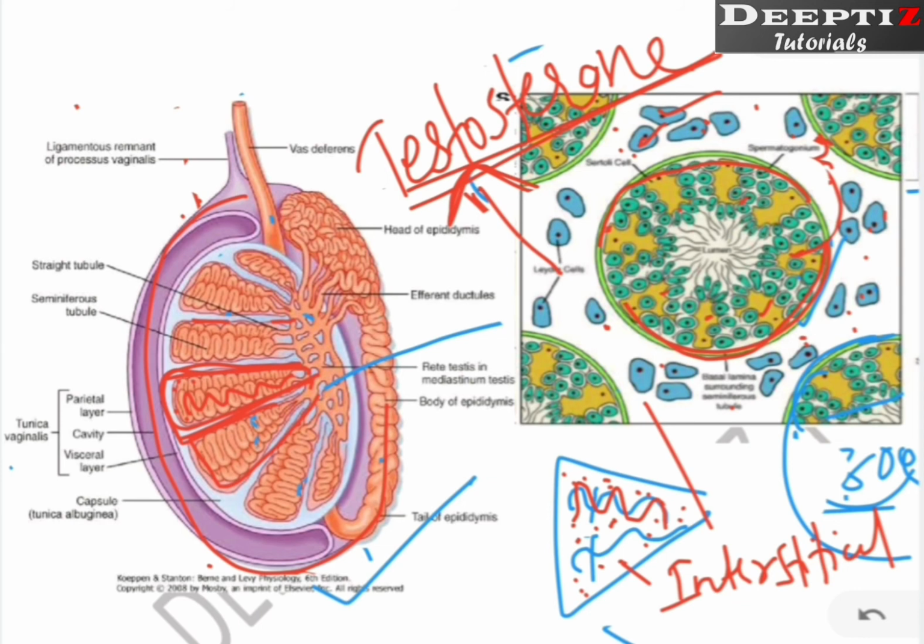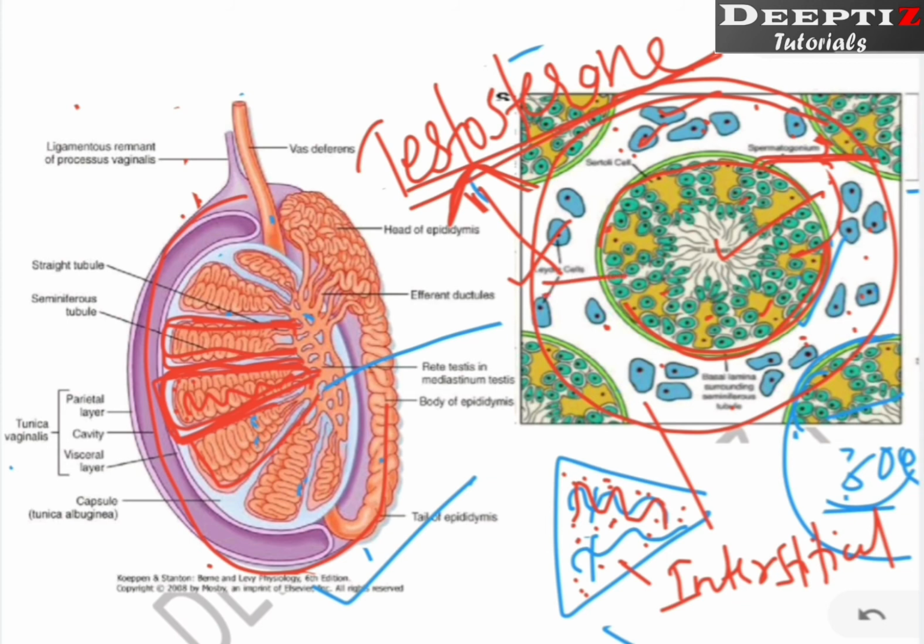So understand, see, all these things are going to come in each lobule. So both hormone as well as the sperm, everything will be inside the testicular lobule or in each compartment. But more precisely, if we want to say where the sperm is produced, within the seminiferous tubule. Where the hormone is produced, outside the seminiferous tubule, right? What produces sperm? The spermatogonia. And where is the hormone produced? In the interstitial space outside the seminiferous tubule, right? Produced by Leydig cells. But remember, both these things are produced in these testicular lobules.